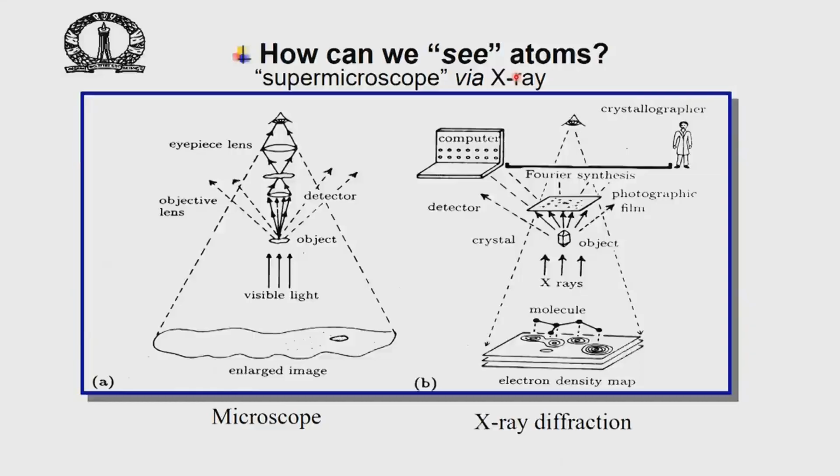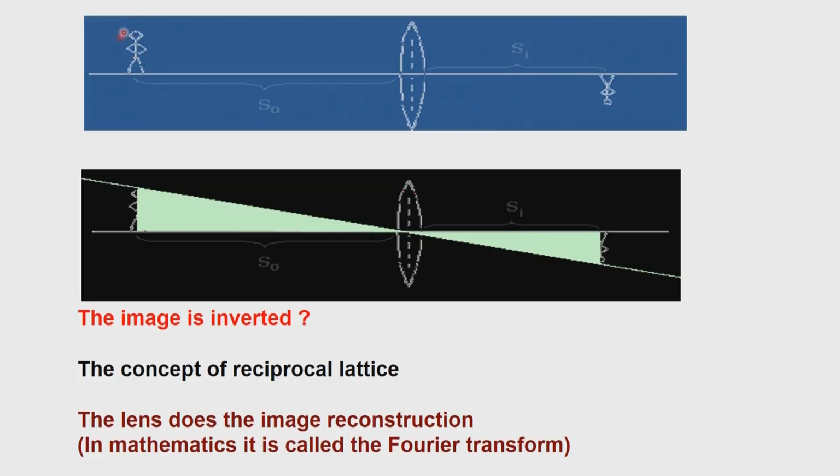So this brings us to the issue of how we can see atoms. As we discussed in the previous slide, if we know the position of the object inside the unit cell, in principle, let us say this is an object inside a unit cell and we sent in an X-ray beam. If we know the positions of these atoms, this edge of the elbow or leg or whatever, then it is possible to reconstruct the image by getting the amplitudes of the scattered radiation and doing a Fourier transformation.